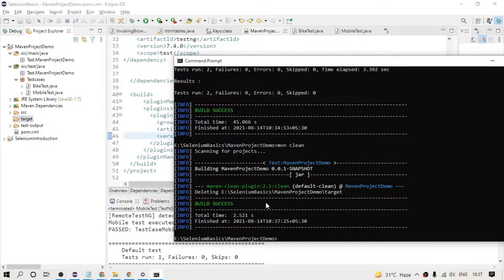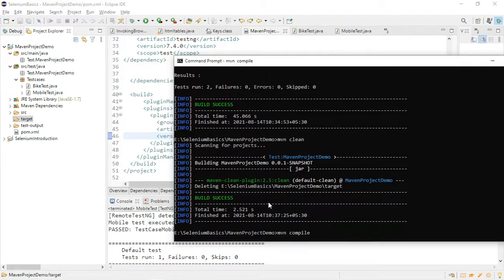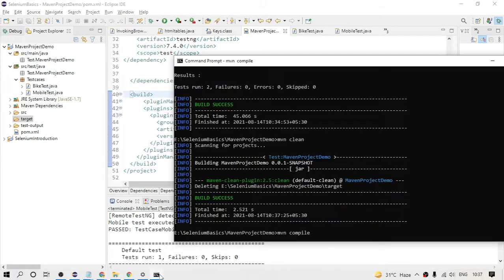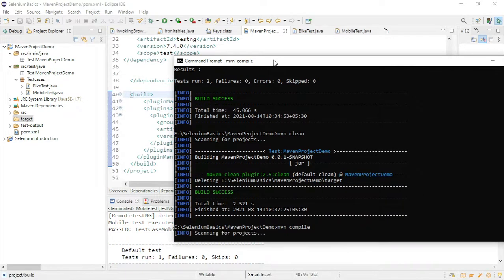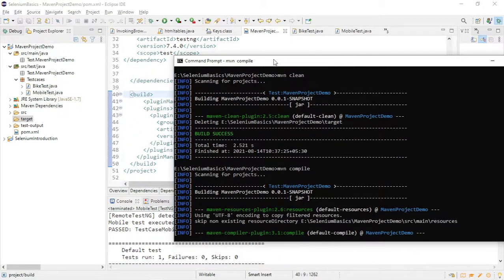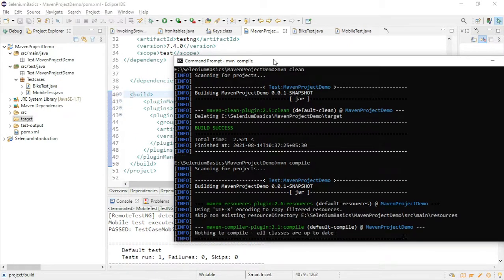And there is one more command which is maven compile. So this is optional if you want to give. Basically, compiling means it will check whether there are no errors in your code, or some syntax error like this. This is what the compile will do. It will simply check whether there are no existing errors in your project. If there are errors, it will give you the error itself here.